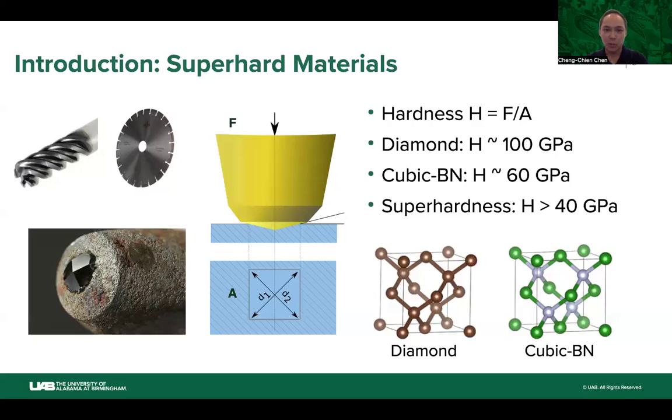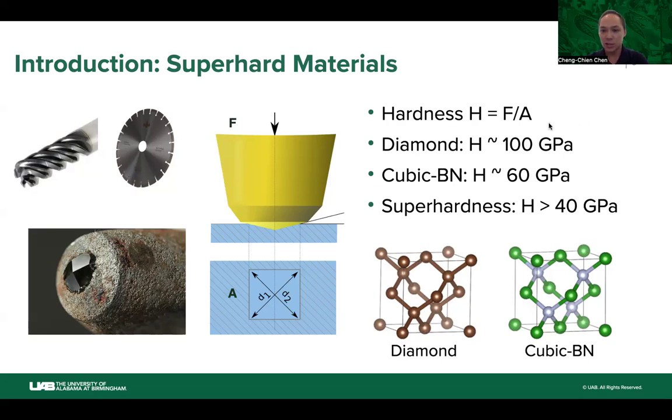Okay, so to begin with, superhard materials have many applications such as drill or cutting tools, or serve as protective coatings, thereby useful for extreme environment applications. And one way to define the hardness of a material is through an indentation test. For example, you can use a diamond tip to hit a material surface, and from the applied force and the resulting area, one can define a hardness which is proportional to the force divided by area. So hardness thereby has a unit of pressure.